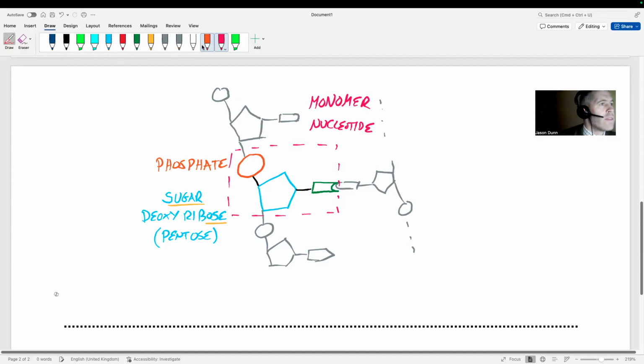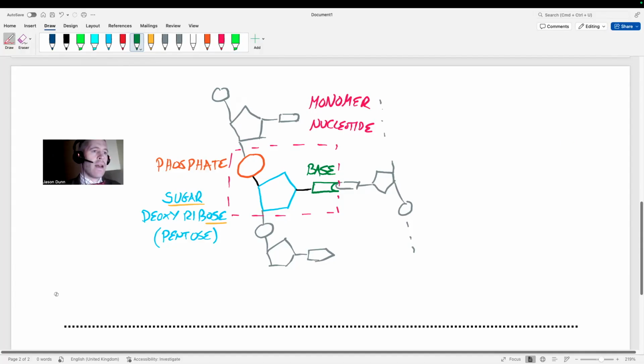Phosphate, and I've not labeled this, have I? The base. But that's the bit that's interchangeable. So you may already know this. I think it's in general knowledge that we've got A, C, T, and G. And you can also see from the way I've drawn it that the grayed out corresponding nucleotide that it's connected to has a bit of a lock and key arrangement going on there, what's called complementary.